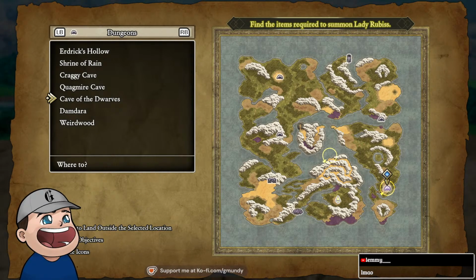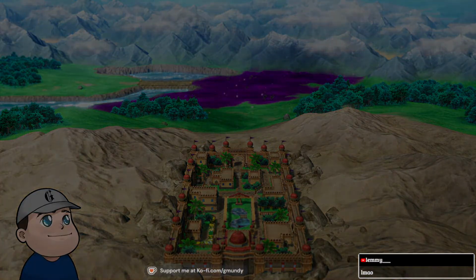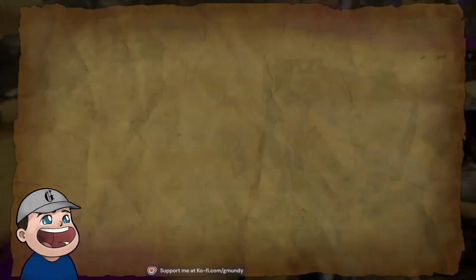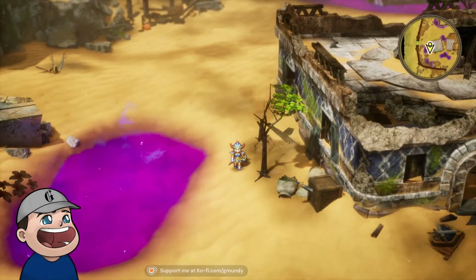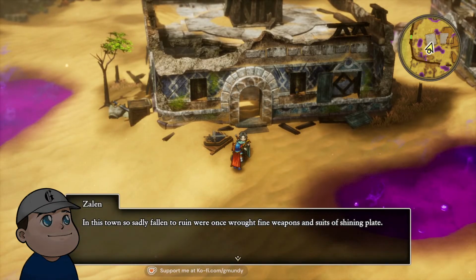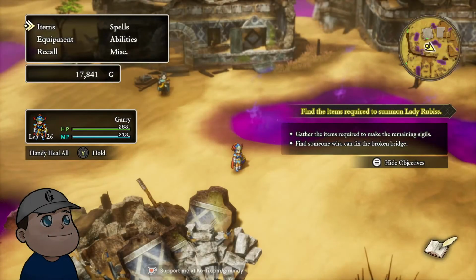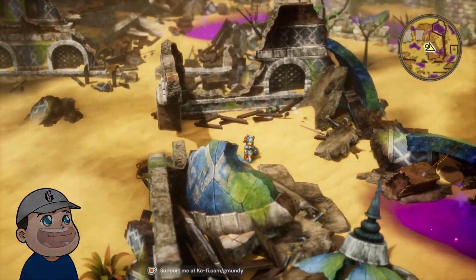Cave of the Dwarves. Once we go, oh, that makes a lot of sense. That makes a lot of sense. All right. So where? It's over to the right there, right? Yeah. I forgot to turn the holy thing on. Shoot! Flee! Okay, I think it was through here.